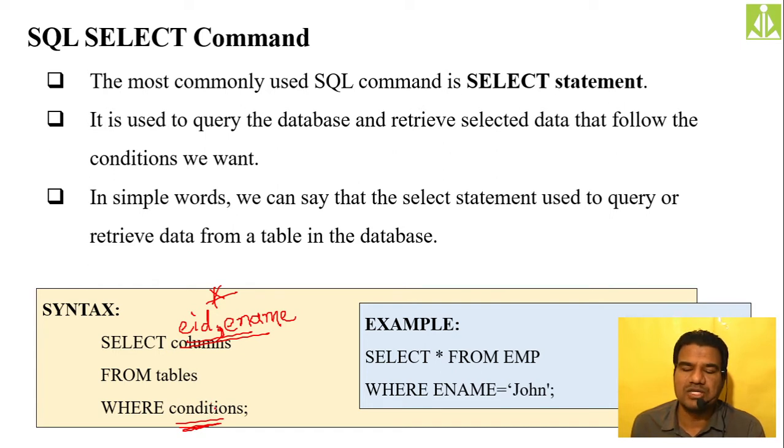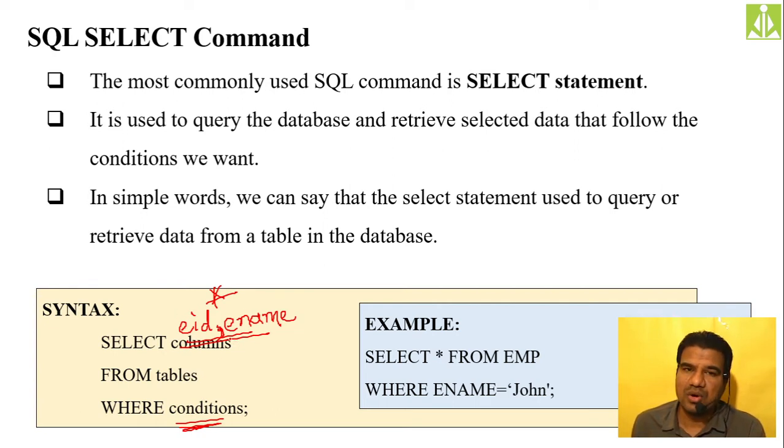When you have put this condition over here, what will happen? Your select query, or your select command, will retrieve the desired columns. Your select query will retrieve all the rows. First it will retrieve all the rows, and from those rows it will select the rows which satisfy this condition. Or we can say the select query will retrieve these two fields, or these two columns, from the table.